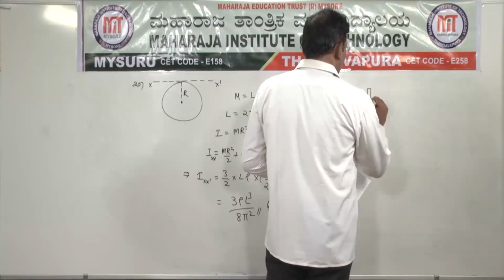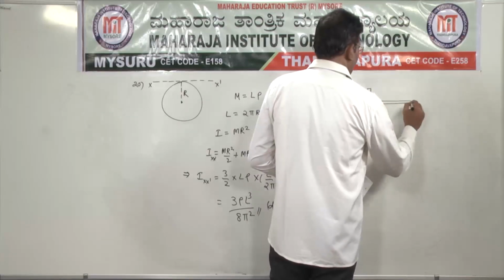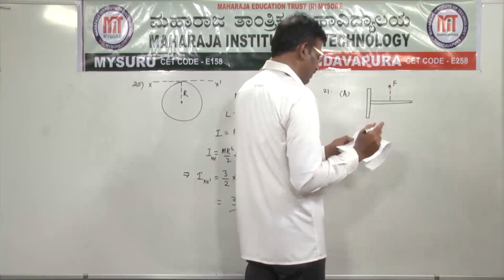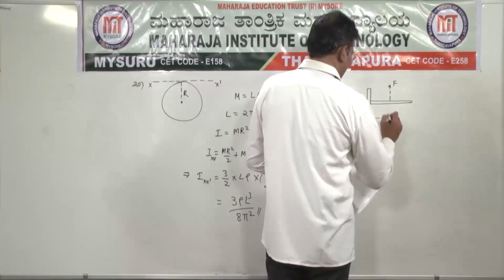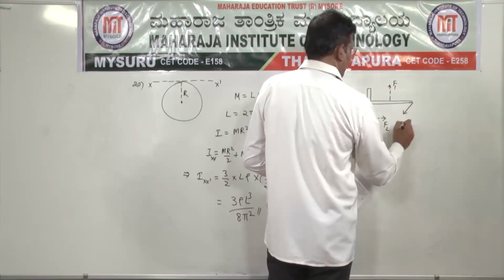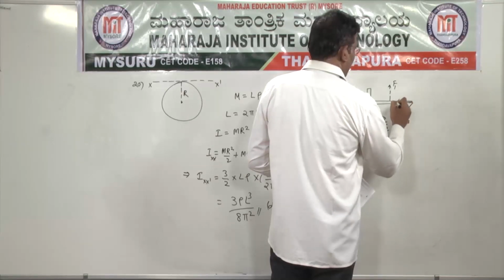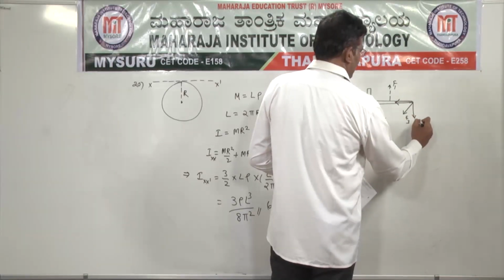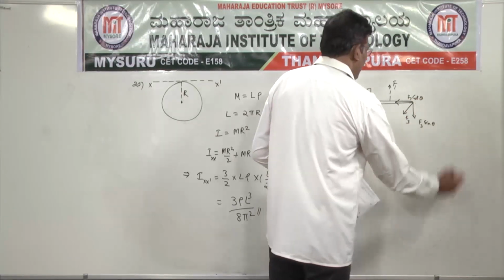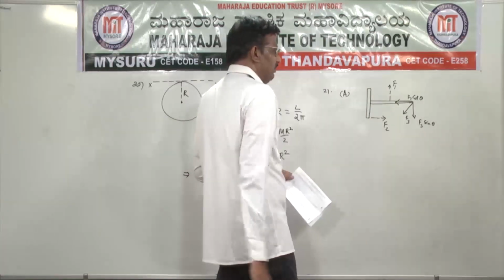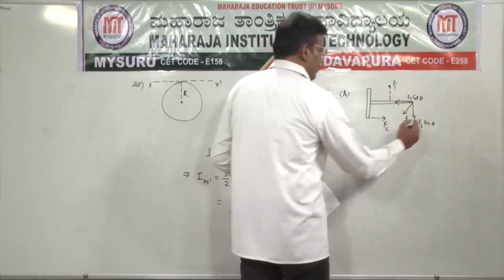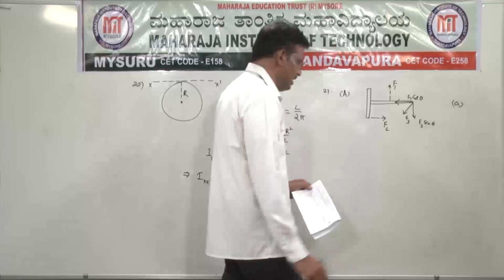So, the first diagram, the A diagram, is given here. Here one force is given, say let us assume F, and here another force is given, and this is another force. So F1, F2 and here F3. F3 can be resolved into components, F3 sin theta and F3 cos theta. By suitably adjusting the three forces F1, F2, F3, only this first diagram is in stable equilibrium. Therefore, option A is the right option.